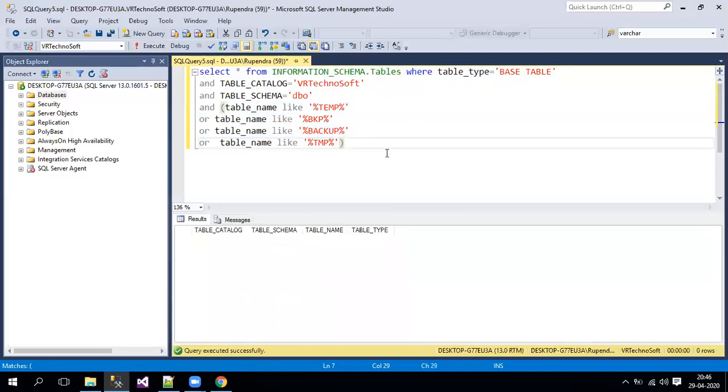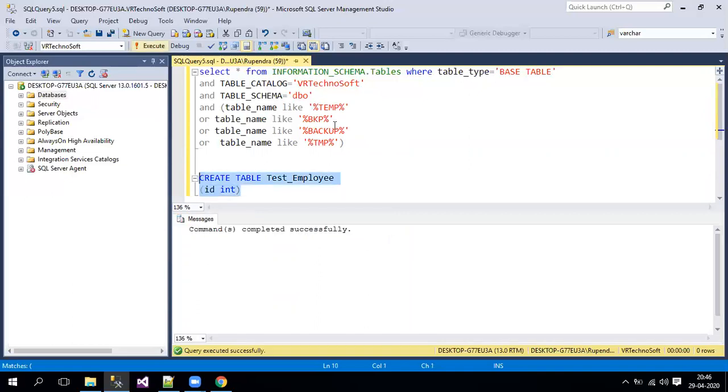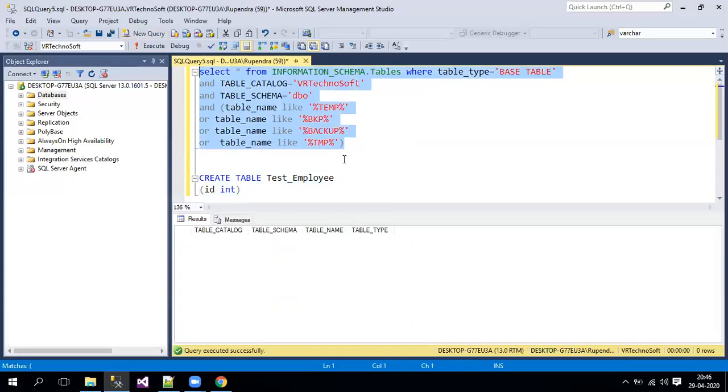As of now we don't have any tables. So for the time being, let me create a table with any one keyword, then we'll see whether our query is retrieving the table or not. So let me put with a DBO schema only, test_some employee table, and I'll put only one column name for the time being and create it. Let's see whether it will come here or not. So it's not coming, so let's see. Yeah, here I had put test actually, so that's why it is not coming.